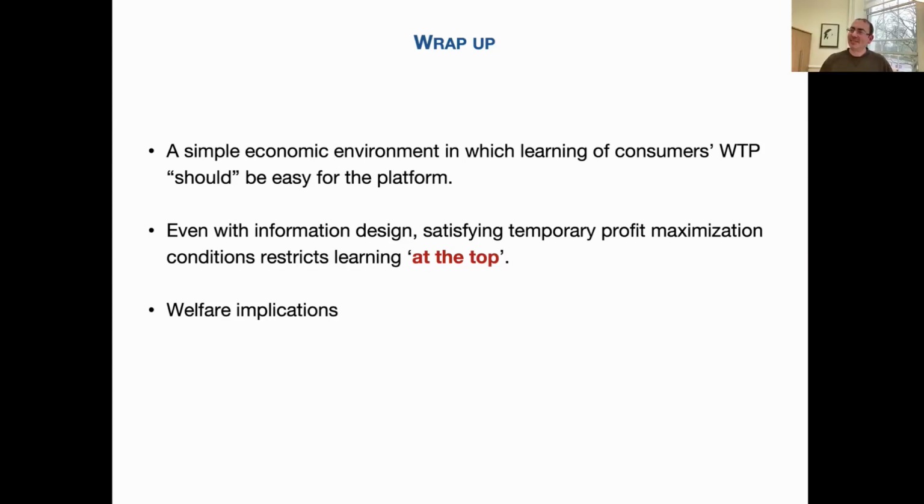Daniel. Yes, I have a question regarding your requirement when you discussed your result with learning at the bottom, where you required that the characteristic set has to be somehow dense. I was wondering, why do you need this per se? Because now let's assume there is no characteristic set between, let's say, P1 and P2. You can still mix with the highest segment and induce any price anyway. So no, that's not true.